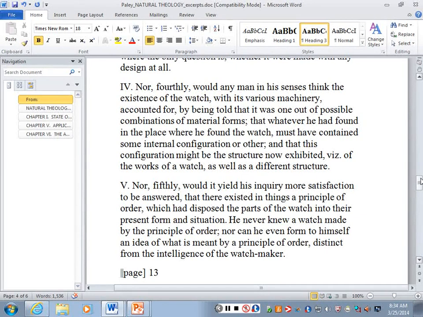Paley did anticipate some of the points Hume made, and I don't know if Paley read Hume. Hume would have published his stuff, maybe, I don't know when it first came out, but Hume died around the time of our revolution, 1777 or 78. And so it would have come out then. Paley's getting this book out in 1802. Whether he had seen what Hume had written, I don't know. But at any rate,